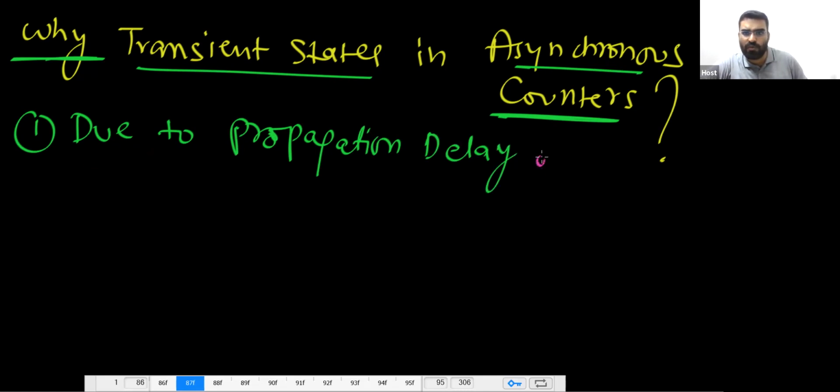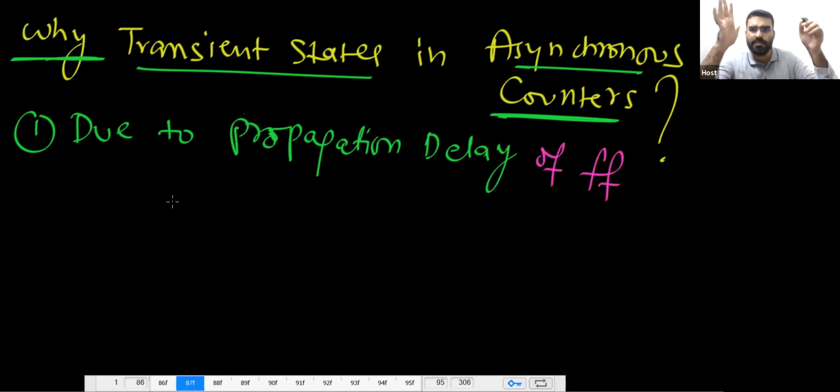So due to the propagation delay of the flip-flop, that is fine. But this propagation delay will be in the synchronous counter also. Do you agree? Yes or no? The propagation delay of the flip-flop will be in the synchronous counter also. So propagation delay is one factor. But what is the other factor? The other factor is important. The other factor is that